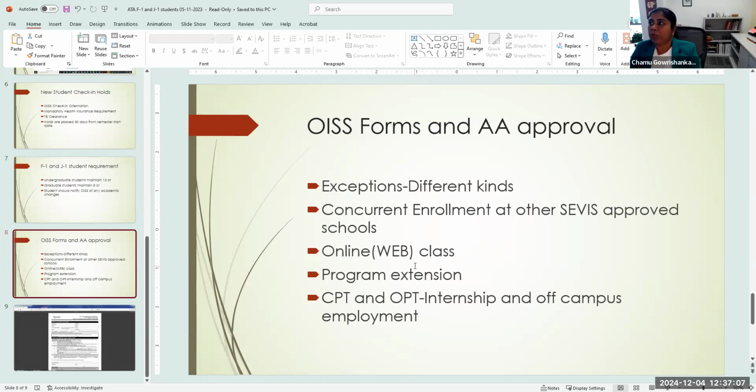But unlike in a School of Business program, if a student comes to us and says, this is my graduating semester, I'm doing only CPT, then that's not allowed. They have to have another class along with their internship in order for us to approve their CPT.